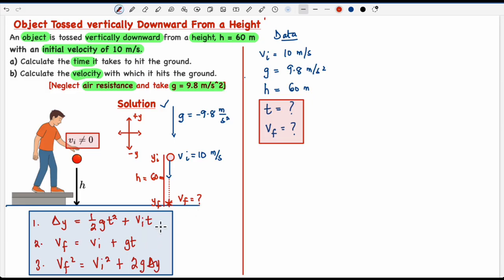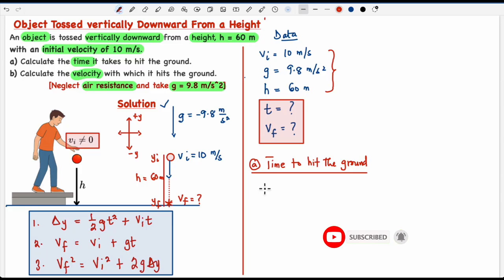So these kinematics equations are composed of 5 variables. And in this problem, we know 3 of them, and we are to find 2 of them. To find the time to hit the ground, again, we make use of delta y equals 1/2 gt squared